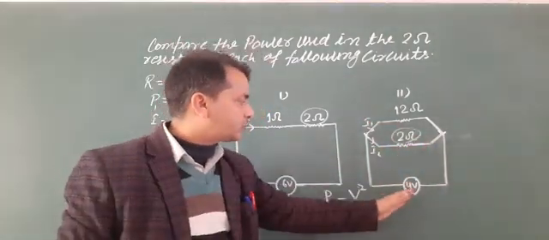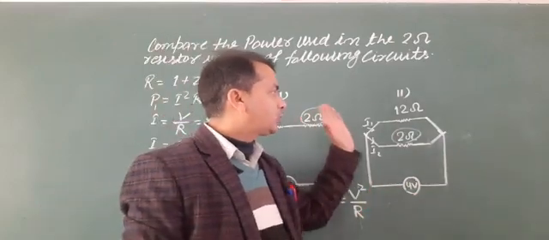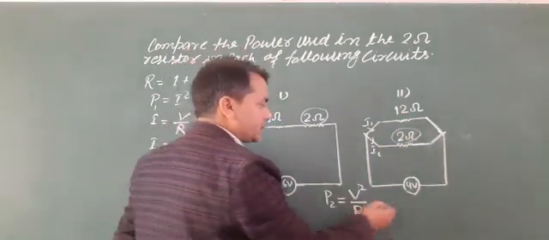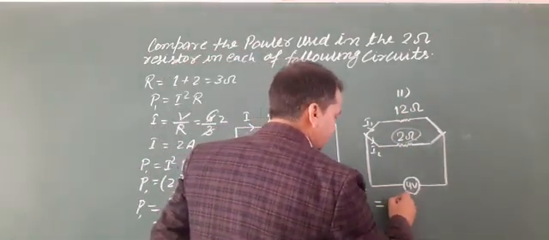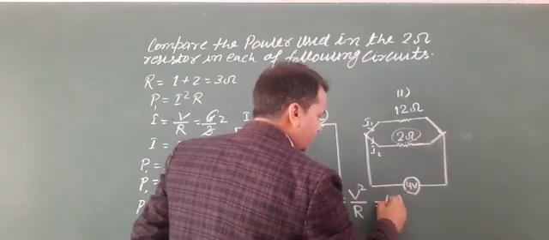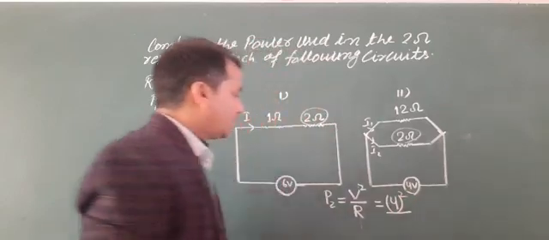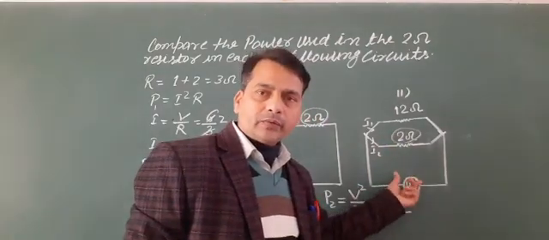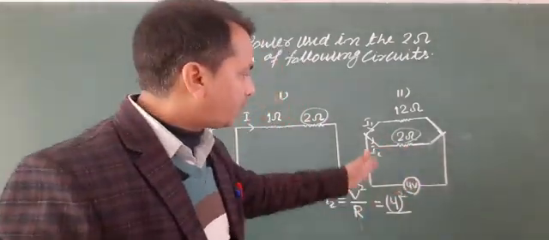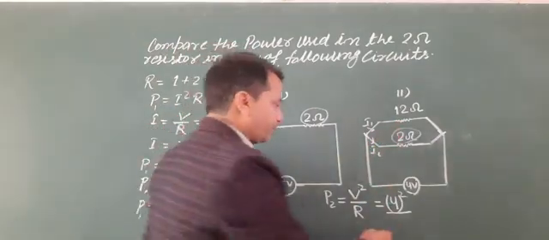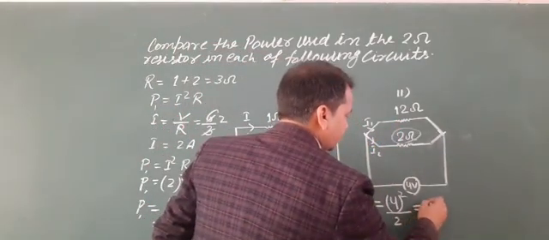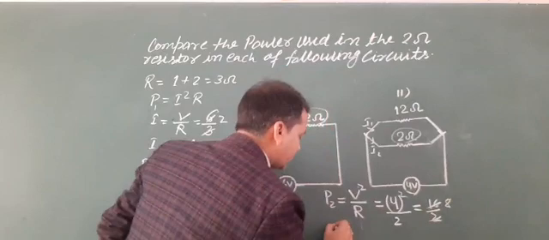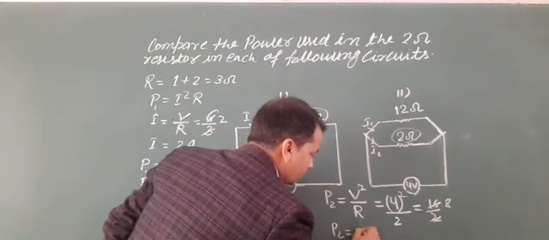So here the potential difference is 4 volt, and the same 4 volt is applied across the 12 ohm and 2 ohm. So the value of V is 4, and P equals 4 square by R. So power on the 2 ohm resistor, the value of R equals 2. Put R equal to 2 in this formula, that is 4 square by 2, that is 16 by 2. Then simplify, that is 8 watt.